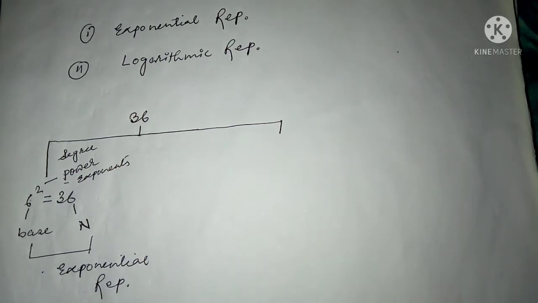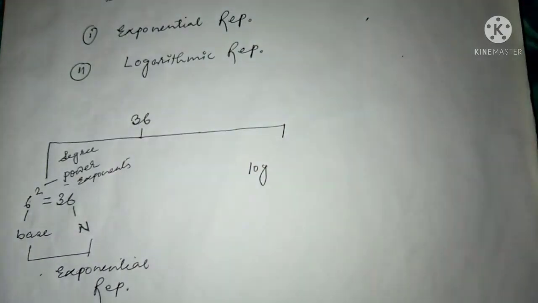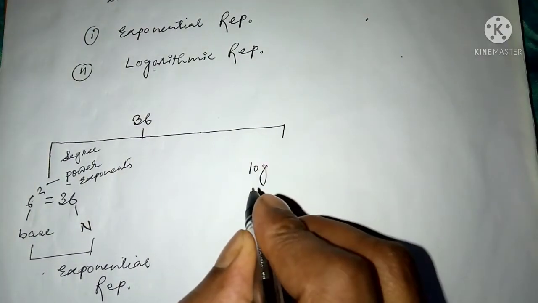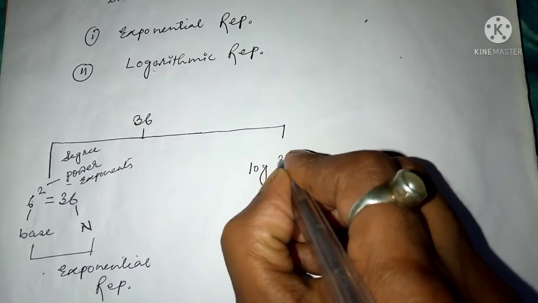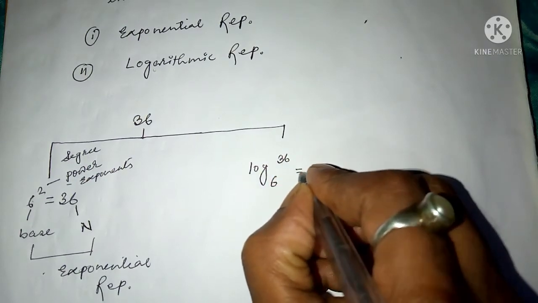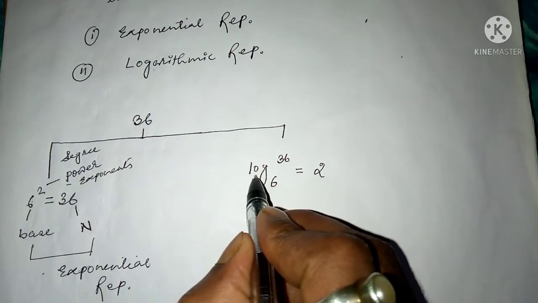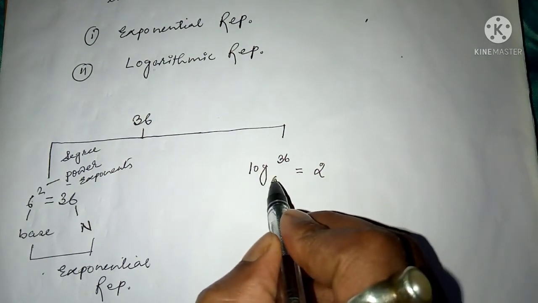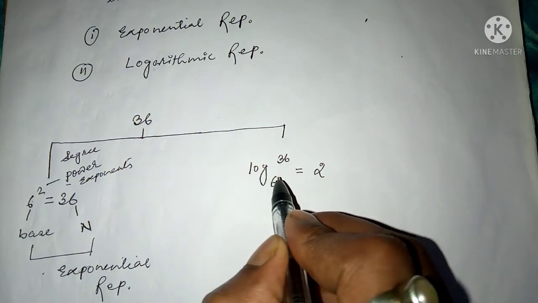The second one is your logarithmic representation. It's very important to understand what exactly we mean by the logarithmic representation. If I write log, I'm writing base as 6 and I'm writing here 36, and the answer is 2. Now see here, log of 36 base 6 means it is very simple that what we are saying is,